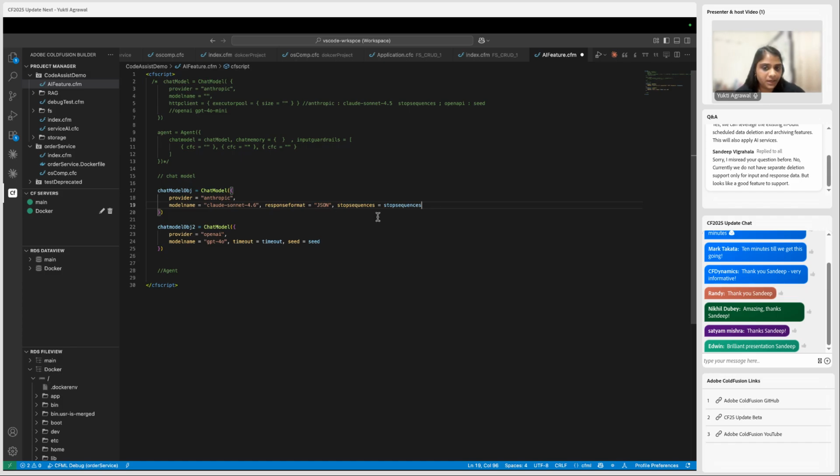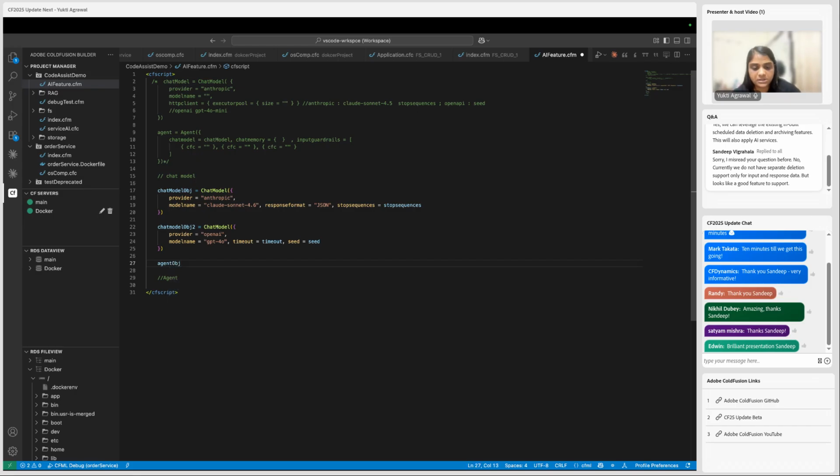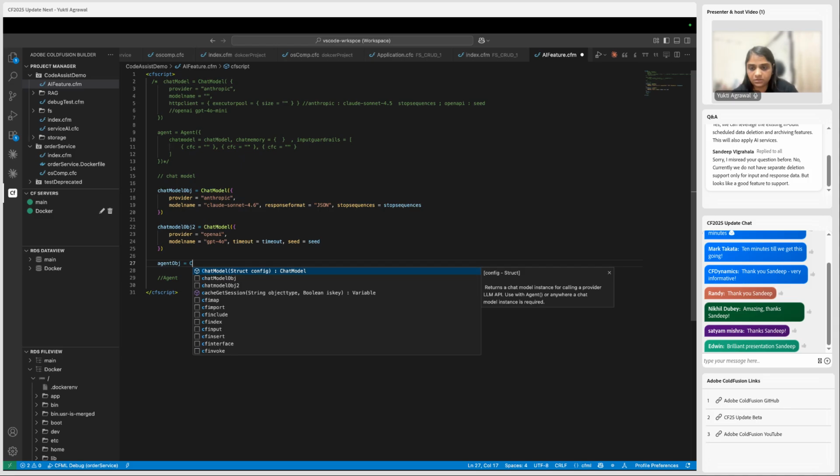Like we are providing all the keys with all the required help text, or maybe also optimized it to provide only those keys which are supported, valid for that provider type. Now let's see another service, that is, I'll create one agent object. So there we'll see nested struct and other